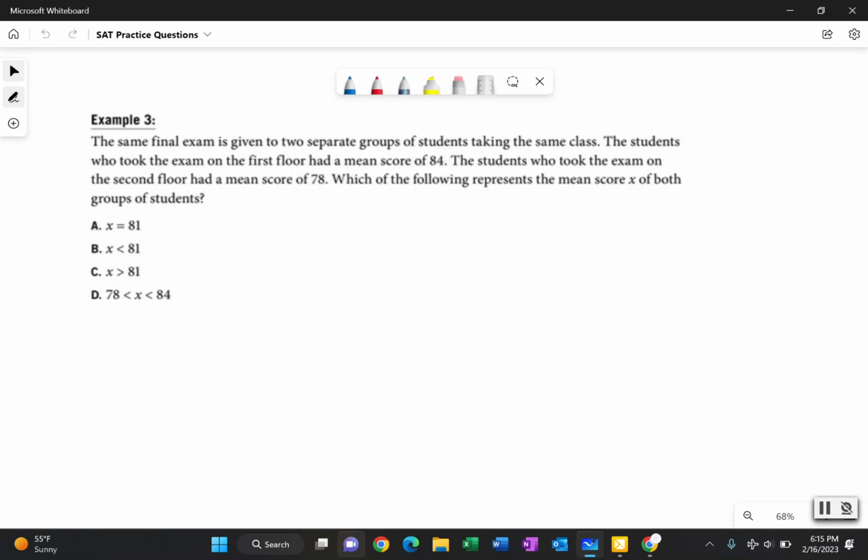With this problem, we don't know how many people are in each class, right? We know that the number of students will play a role in our average, because that's how much we divide by, how many scores we added up together. So since we do not know the sample size in each room, how many students are in each room, we have to assume that our average X is just going to be in